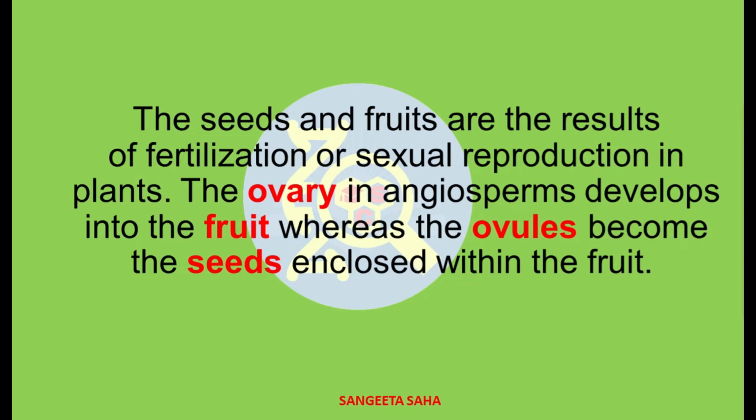And the resulting cell that was formed was called the zygote. You all know that. And this develops into the embryonic plant. Now you must be aware that the plant also produces a second sperm cell that fuses with the polar nuclei to form a triploid endosperm, the process known as double fertilization.